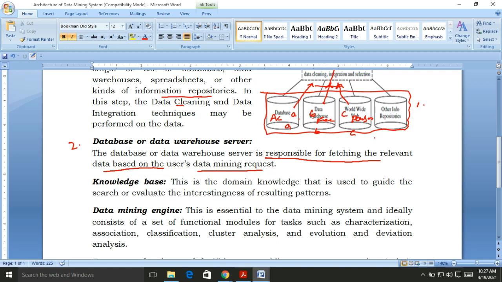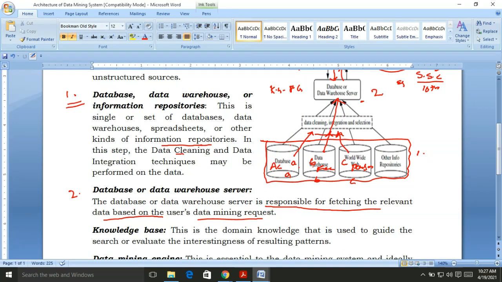But in step 1, the storage areas may consist of different kinds of data: student academic data, sports data, personal data, health data, or whatever it may be. So the data warehouse server in the second step holds the extracted data which is relevant, or matched, for our data mining task.